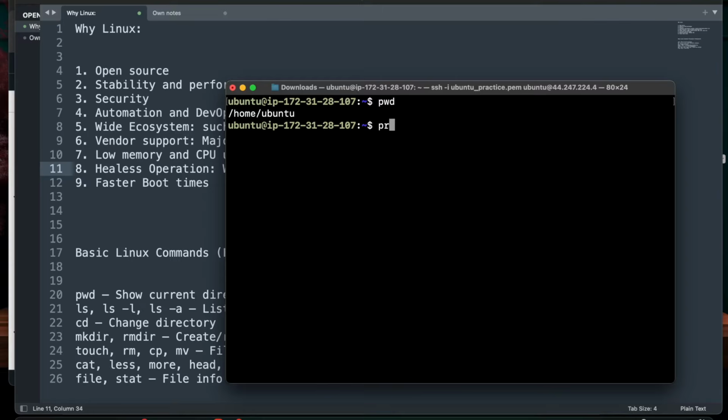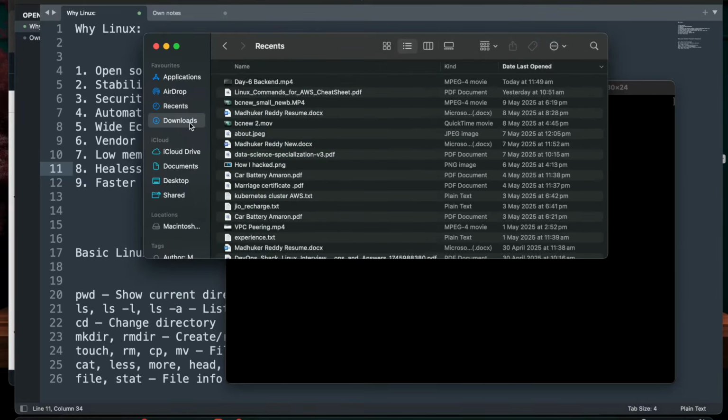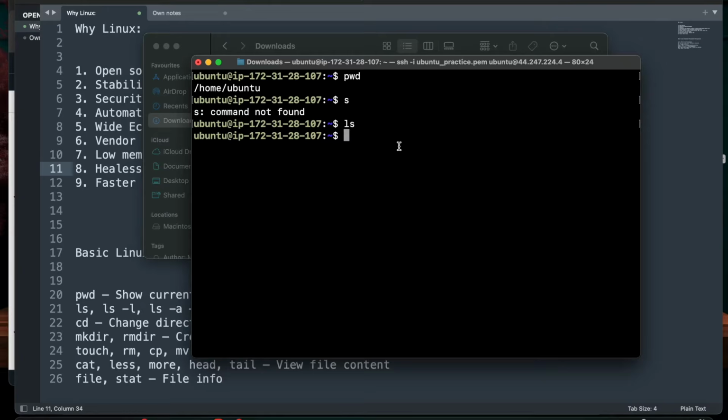And then do ls. What does it do? If you want to see whatever files you have in your system, you usually go to that folder and you can see them there, right? But in Linux, you need to do ls. We don't have any files here, that's why it doesn't show anything. If you want to make an empty file, use the touch command. Touch test file. Let's do ls again. Now you can see that file.